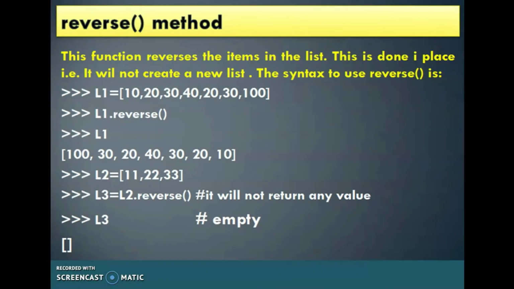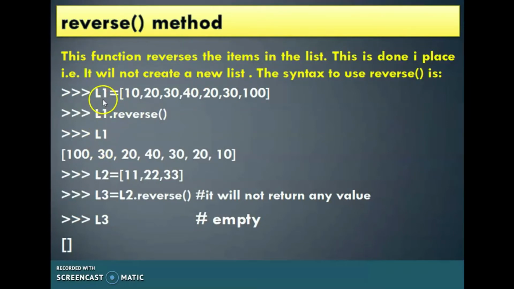Next one, reverse method. This function reverses the items in the list. This is done in place. That is, it will not create a new list. The syntax to use reverse function is,